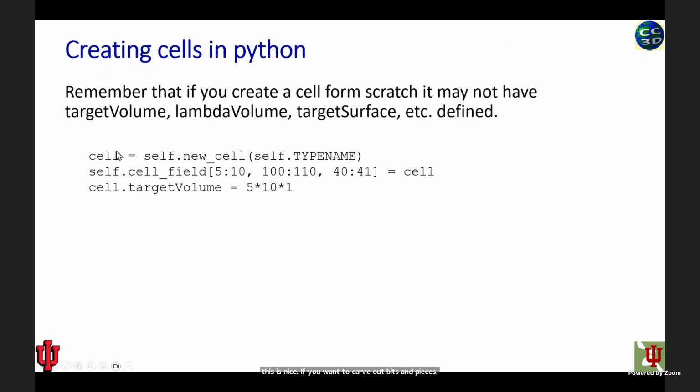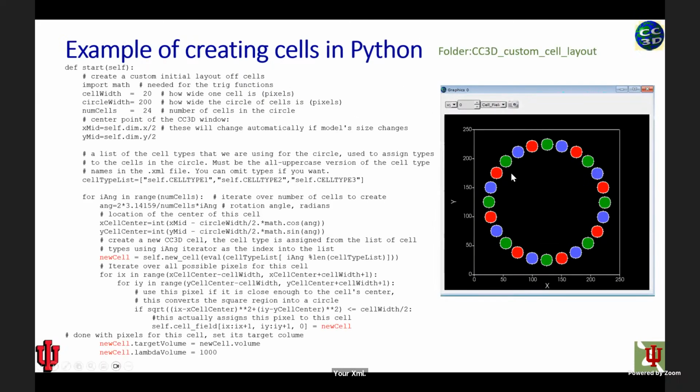So as I said, if you created a new cell called cell, and you assign some range of pixels in your model to that cell, now you can go in and define your target volume, lambda volume, and so forth with that cell. If you don't have all those things already assigned inside of your XML. So as an example, there's a demo, and it's also in the zip file to create